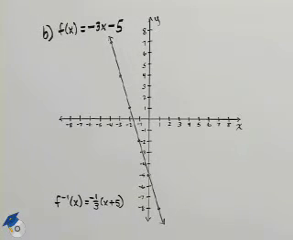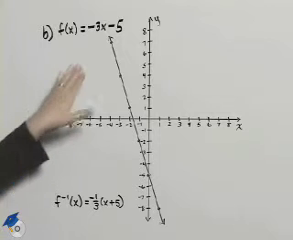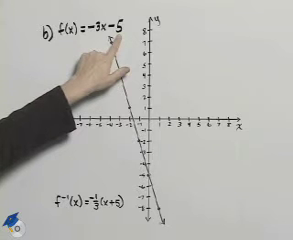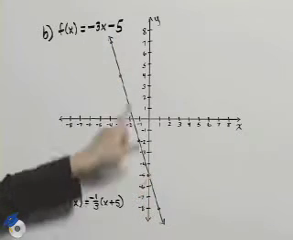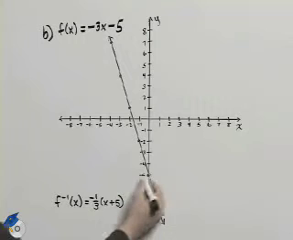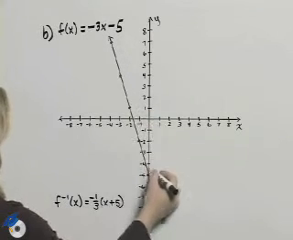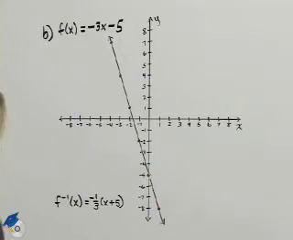In part B, we're asked to graph f and f inverse on the same coordinate plane. I've already graphed f, and I graphed it recognizing that it is a linear function. So we have a y-intercept of negative 5 and a slope of negative 3. So I'll go up 3, left 1, up 3, left 1, or down 3, right 1 to find points on